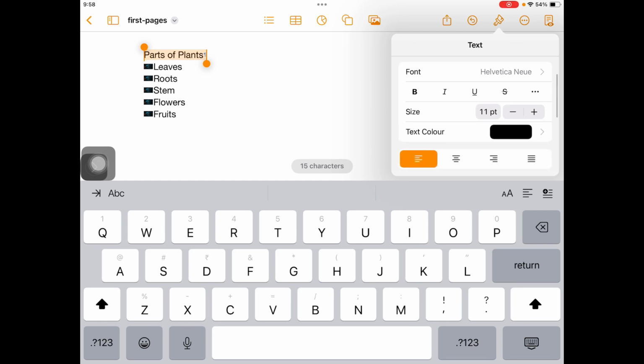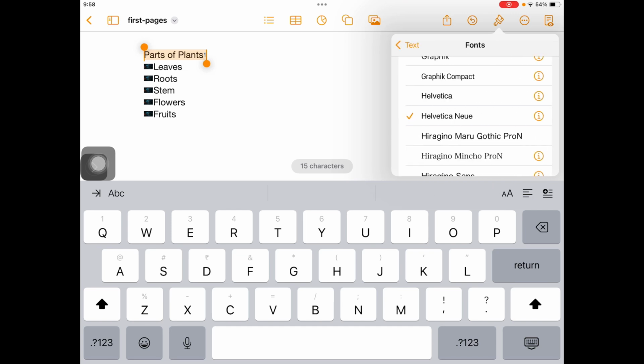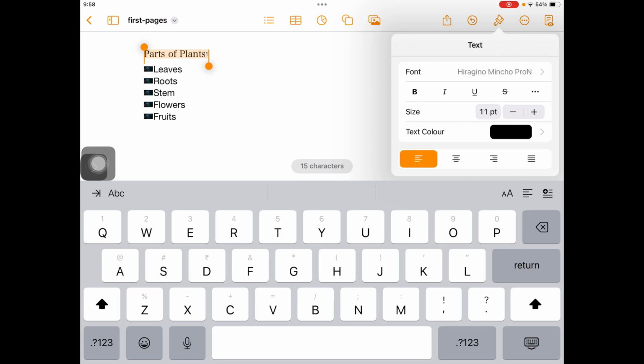I'm going to choose the font, and then choose the style I want, and then click on the back button, and then come down here and do bold, and then italic. Choose italic or choose underline. There's also an option called scratch through, which you can use to scratch the text, but we wouldn't be choosing this. Now once done, I can change the size of the text,